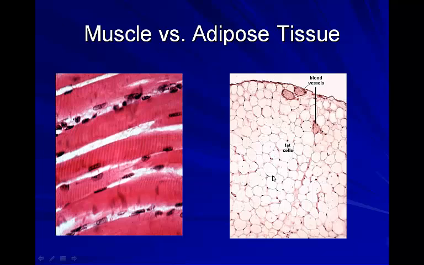So again, they have all the same basic components. They all have a nucleus. They all have different organelles. But because of their job, because of their specialty, they look very, very different. And these fat cells have a very whitish quality to them because within the cell, their major function is to store fat, and fat's kind of a whitish yellow color. So all of these cells are quite laden with fat.